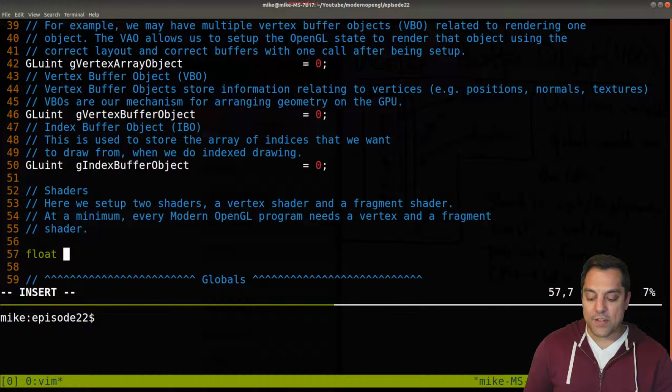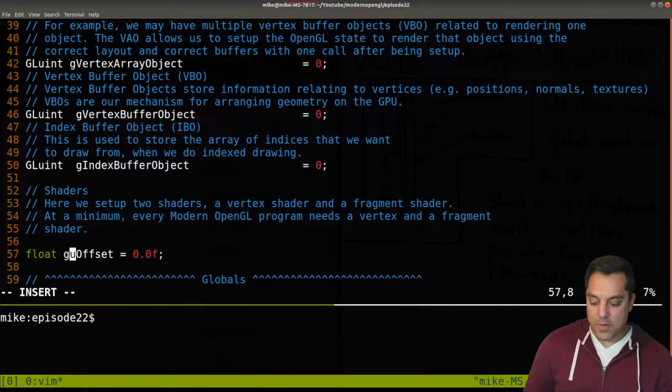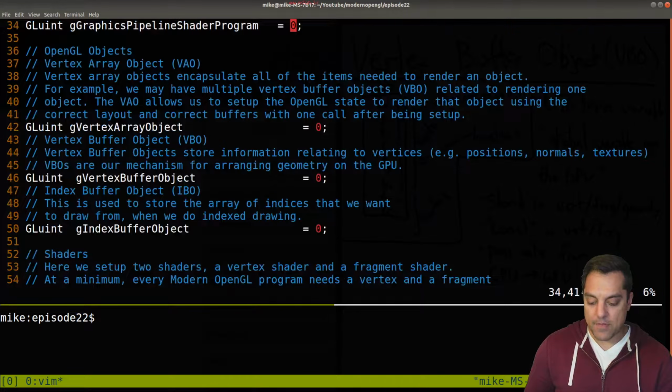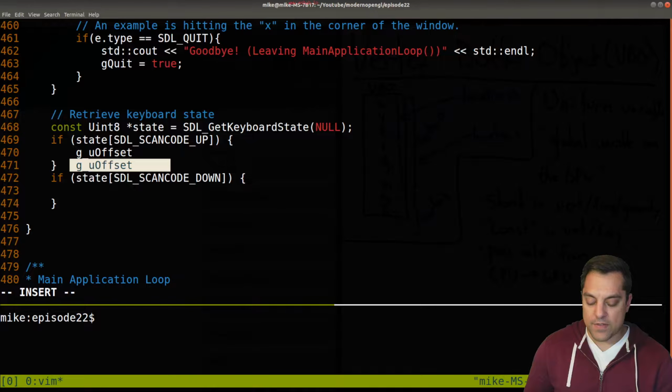But what I want to do is just create a float. I'm going to call it U offset, and I'm going to initialize this to 0. This is a global variable, so I'll do g underscore for it. So it's sort of matching what we did previously. Okay, so let's go back to our code here, and let's say g_uoffset